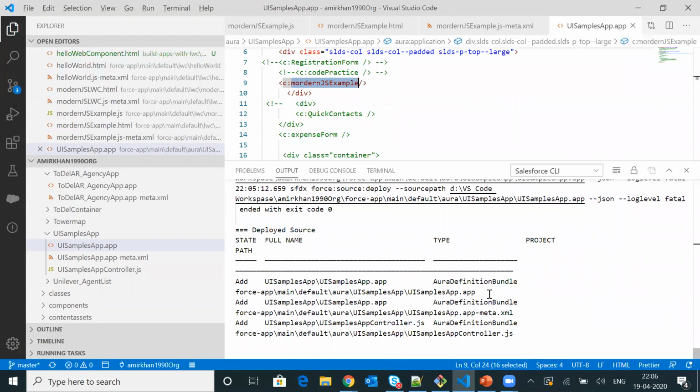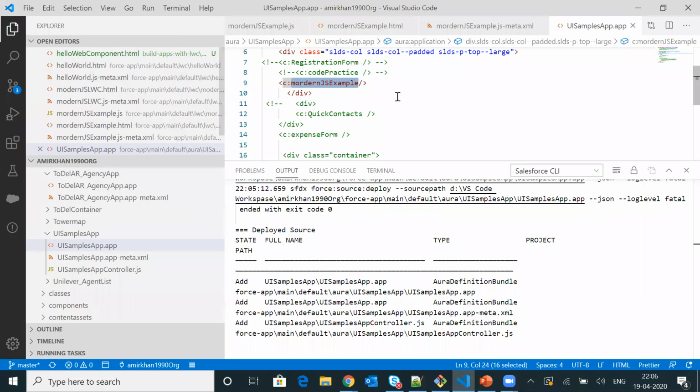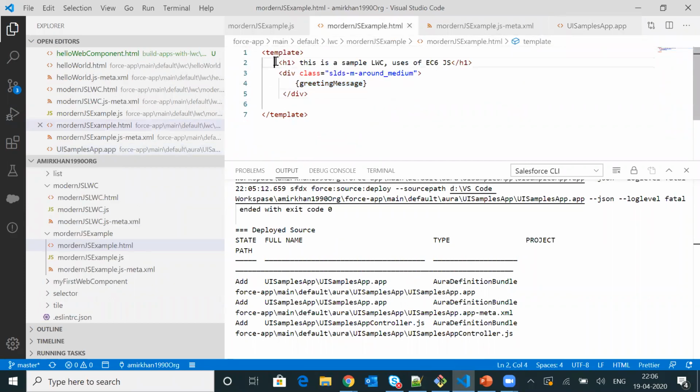If you see the preview of this app, it is displaying the message over here. This is a header part which I have added into the HTML part of the user interface, and this is a greeting message.